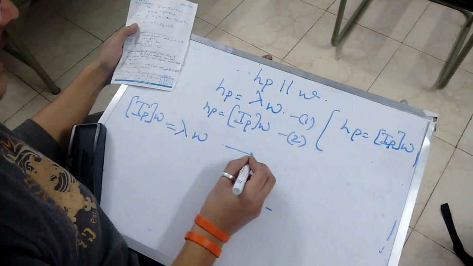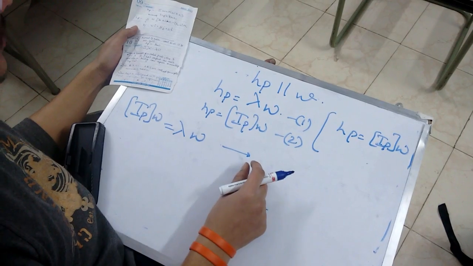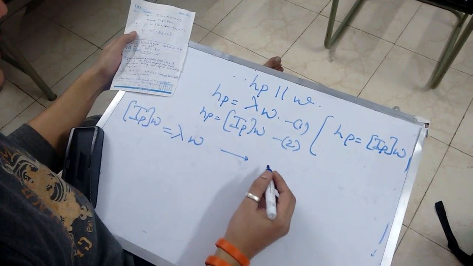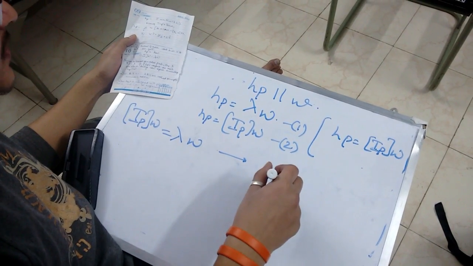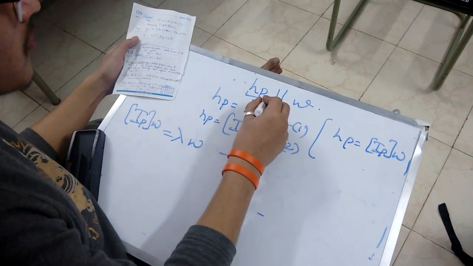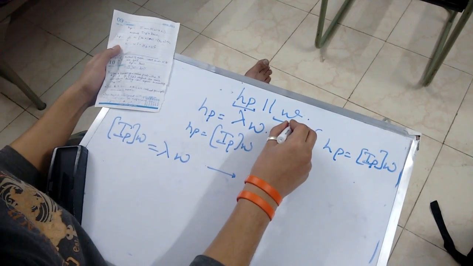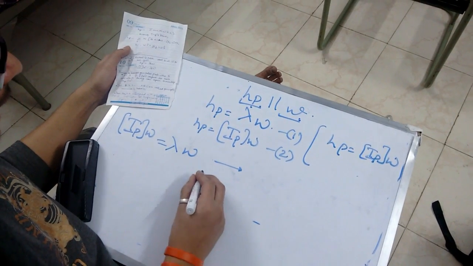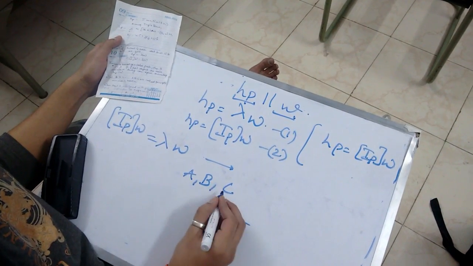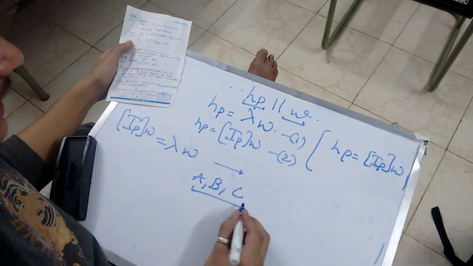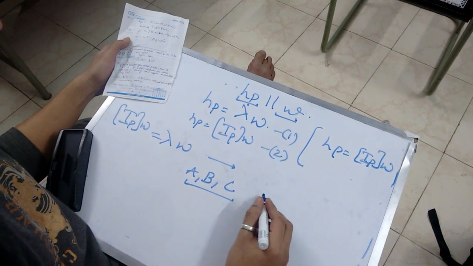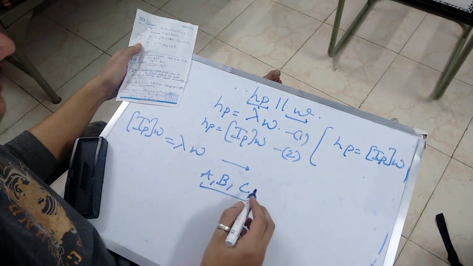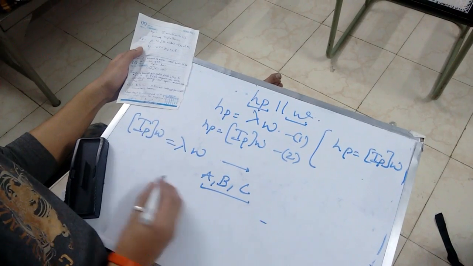This can be seen as an eigenvalue problem with the three eigenvalues defining the axes about which the body can spin, maintaining angular momentum parallel to angular velocity. Now these three eigenvalues are called A, B and C respectively, and the set ABC is called the principal moment of inertia. When the axis of rotation is aligned with the principal moment of inertia, IP can be written as